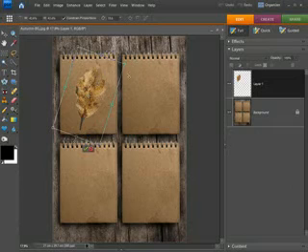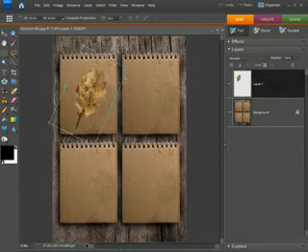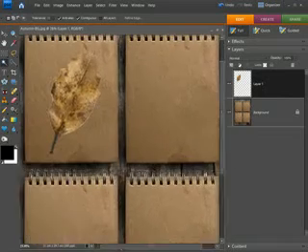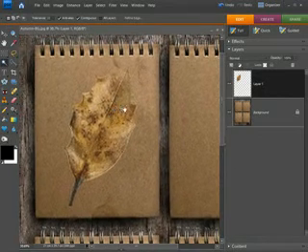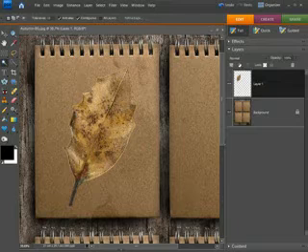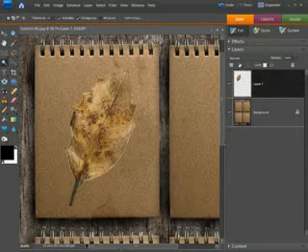Like that. And as you can see, I'm rotating the leaf as well by moving the cursor just outside of the transform box and dragging it around. Okay, when you're happy, click the tick. Now that's looking pretty good. Let's just zoom in a little bit so we can have a closer look. It's fitting nicely onto the area of the template I want it to go on, but it kind of doesn't work in as much as the leaf and the background are a very similar colour.